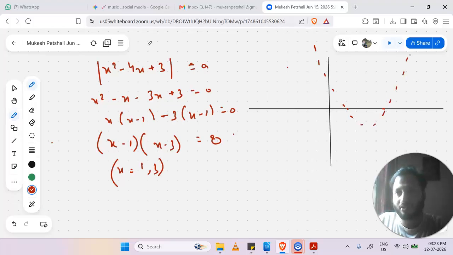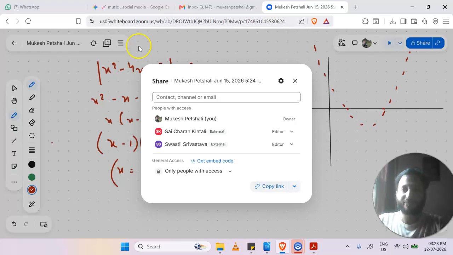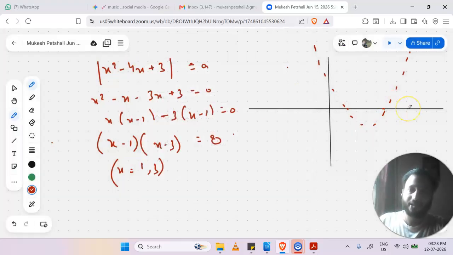So if this is the shape of this parabola, what's happening? The parabola is intersecting the x-axis at 1 and 3, which means 1 and 3 are the roots. So what has to be the midpoint of this, the vertex of this graph? The abscissa has to be the midpoint of these two, (1 plus 3) by